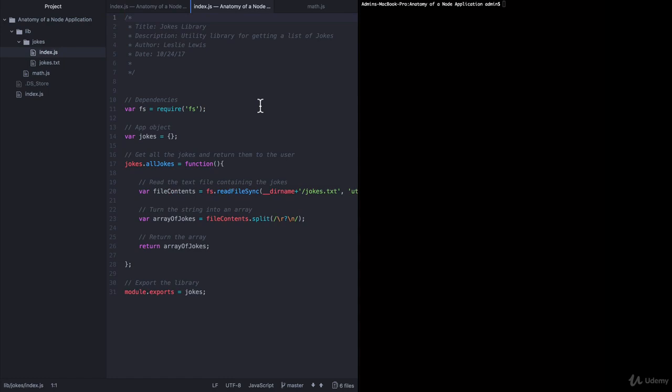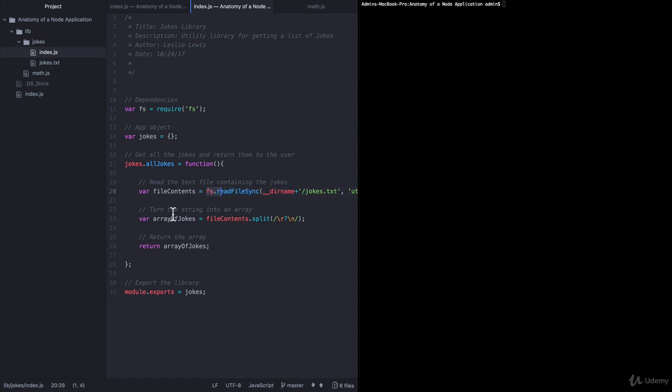The first thing you'll notice after the obligatory comments is that this module is also requiring something else. It's important to point out, though, that variables such as fs that are defined within this module are scoped to this module and this module alone. You'll notice that the jokes object gets created, a key gets added to it, and then it gets exported. But fs is not defined as a key on that object, so it's not one of the things that gets exported. But if you look closely, you'll see that a function defined within fs gets used within the all_jokes function